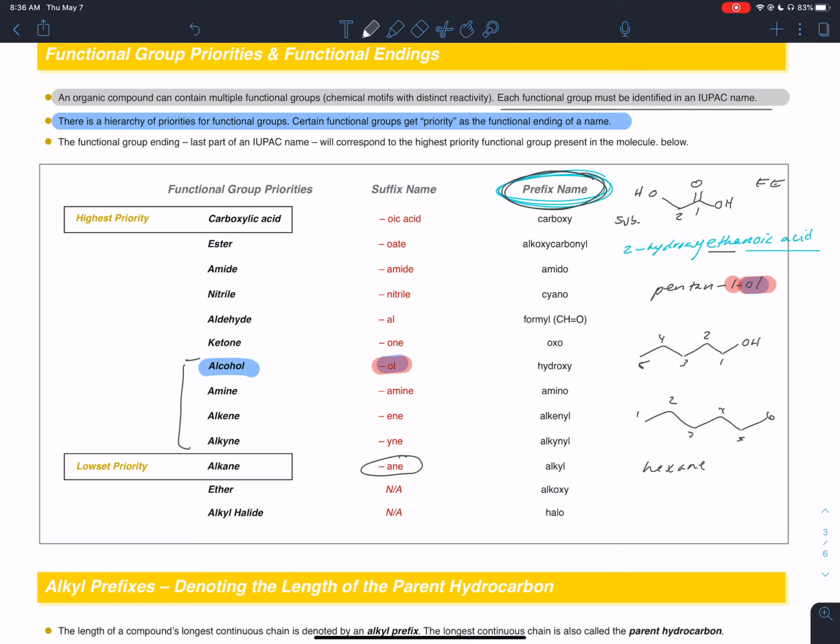So I really want to encourage you to start committing this to memory. Be familiar with the suffix names, okay? And again, you use those when that functional group is the highest priority functional group. However, if it's not, like in our example above, then you use the prefix name and you name that functional group as a substituent of the molecule which possesses a higher priority functional